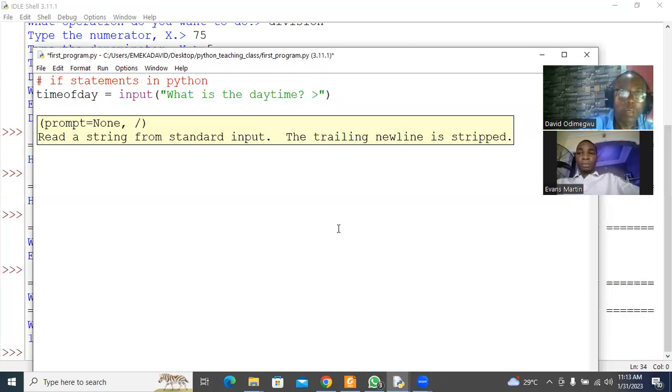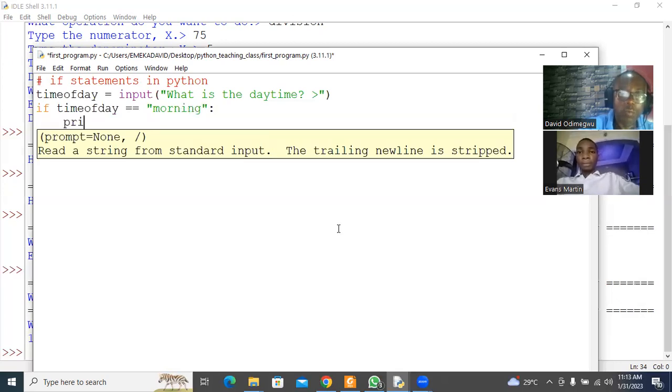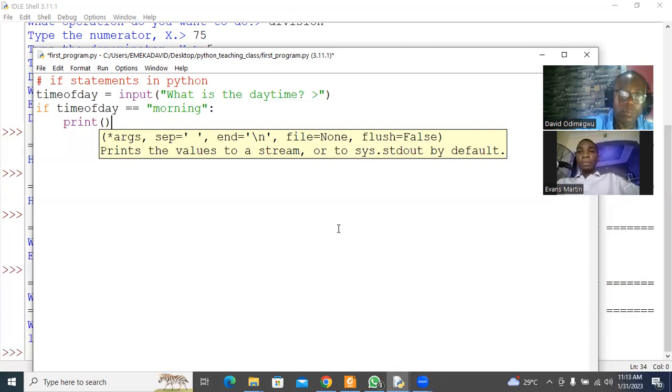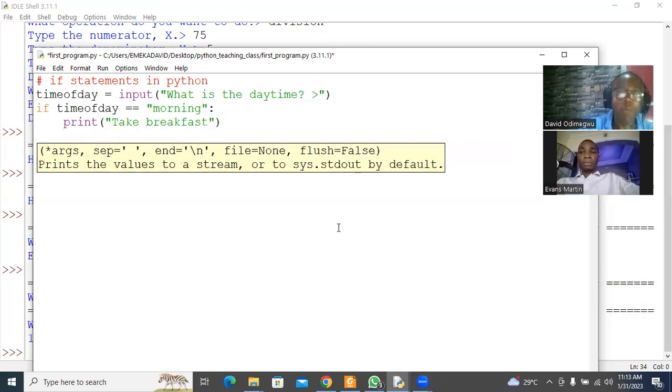Then we'll say if time of day is equals to morning, are you following me? If yes, you print: this morning, take breakfast. Because we have more than one condition,